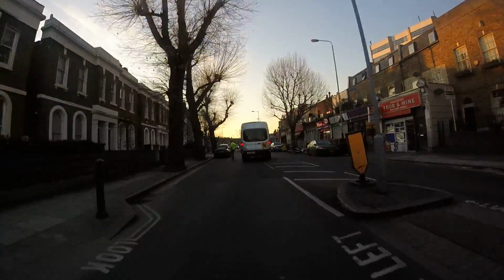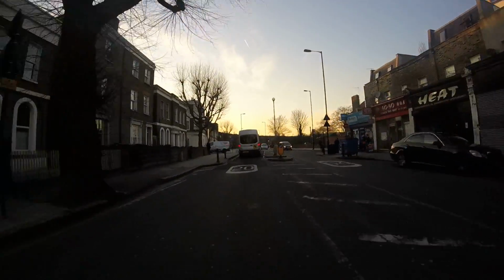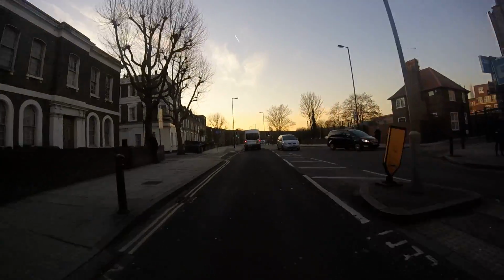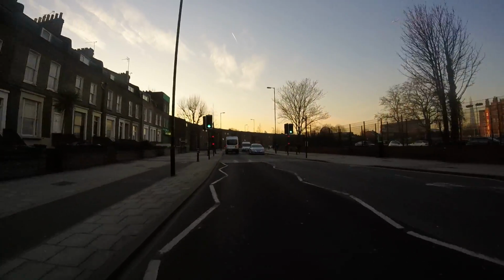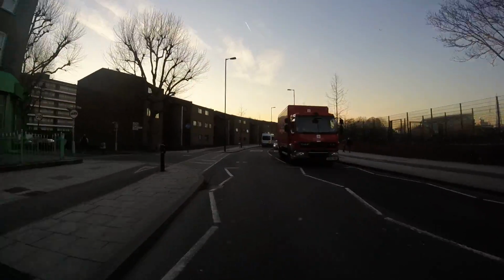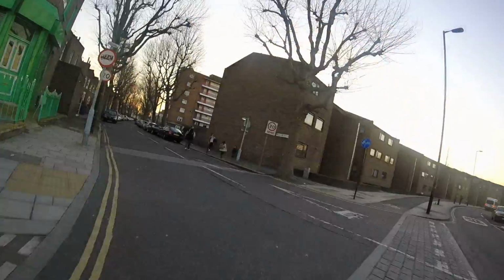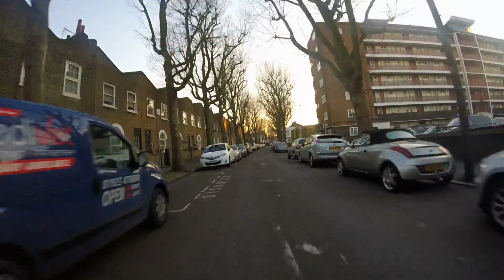And here on the right is the entrance to the Harris Academy Girls' School, which they do tend to ask quite a bit. Just up there on the right. Alma Grove on the left. Another street that's one way at this end, but two way down at the Linton Road end. And I'm going into Balaclava Road